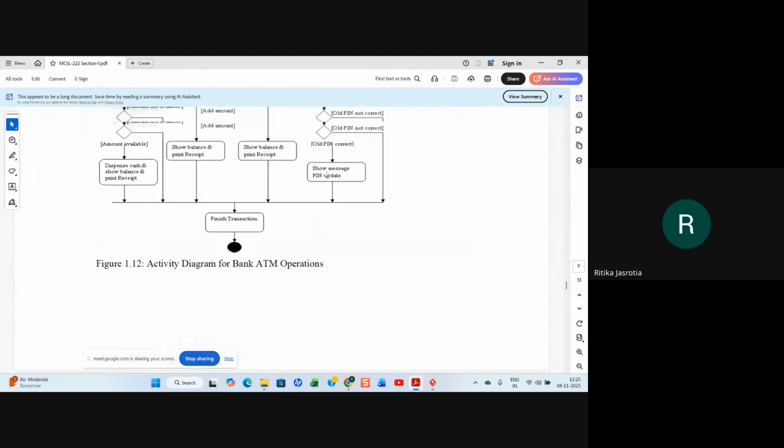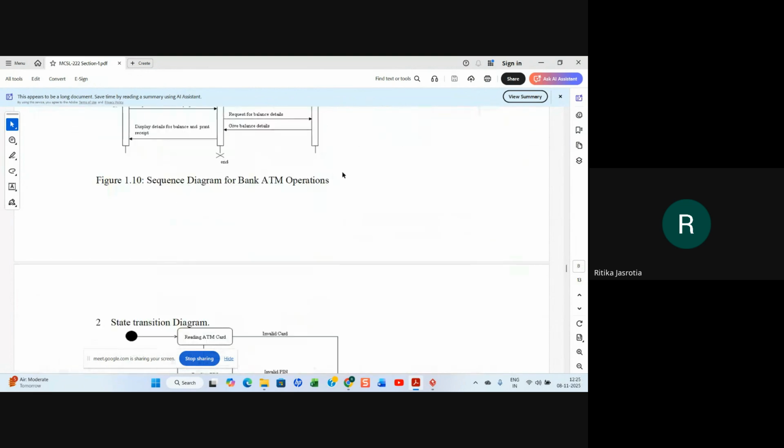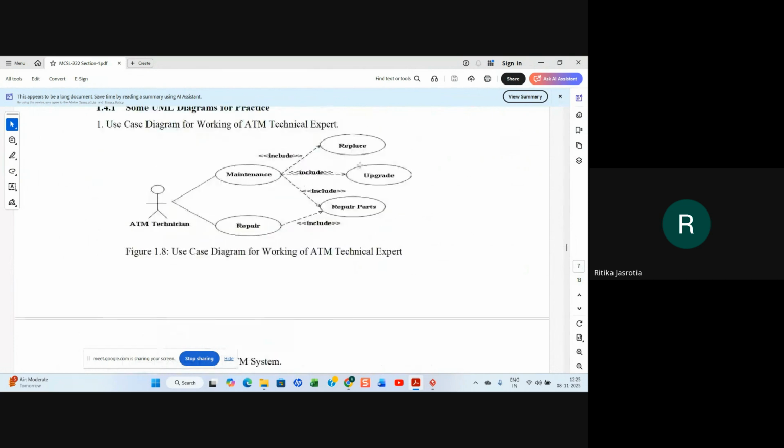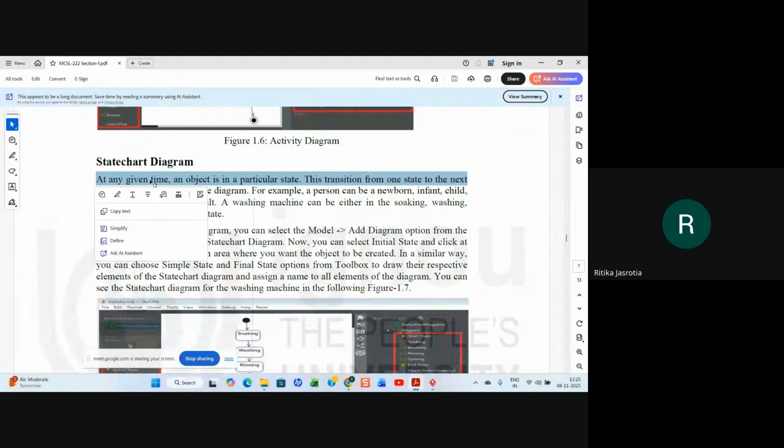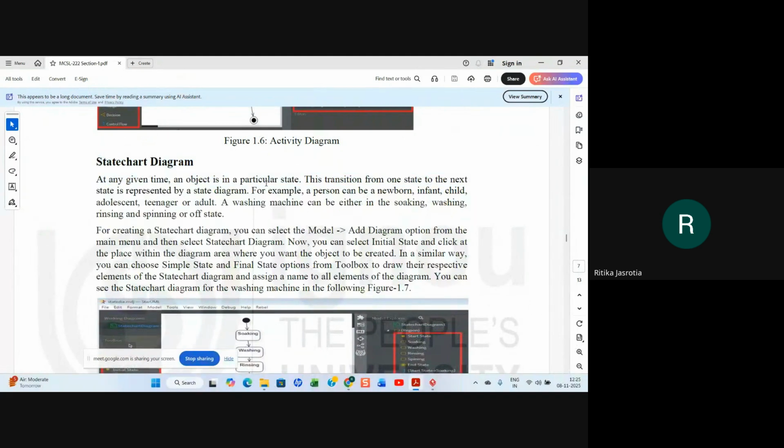Then the next diagram after the activity diagram is the state transition diagram. So if we go for the state transition diagram or state chart diagram, right? At any given time, an object is in a particular state. This transition from one state to the next state is represented by a state diagram.